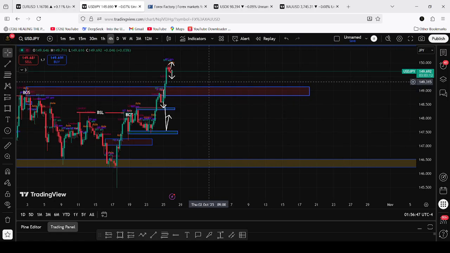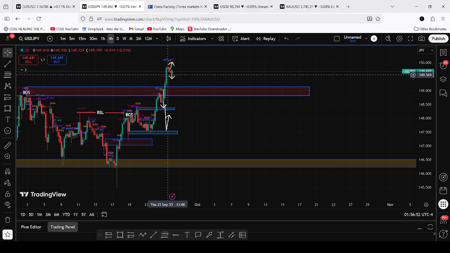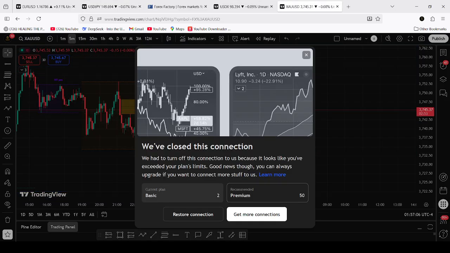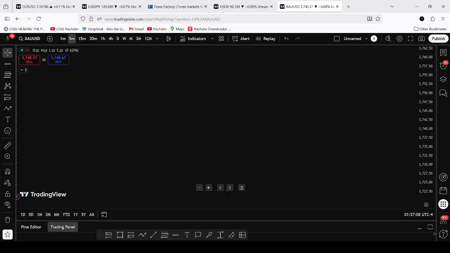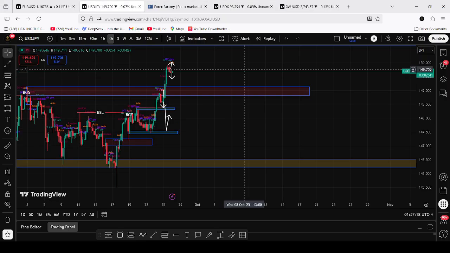And this asset will rarely go in the same direction as gold. If you check properly, at the time USD JPY is going on the upside, gold is going on the downside. That's what usually happens. These are negatively correlated assets, but this is a US dollar basket, so you only need to look at that one. Most of the time they tend to go in the opposite direction to gold.